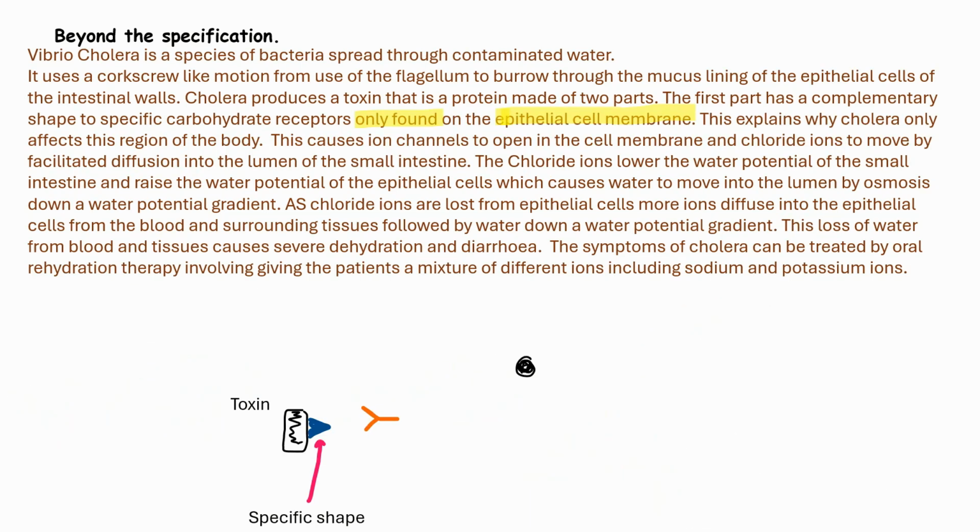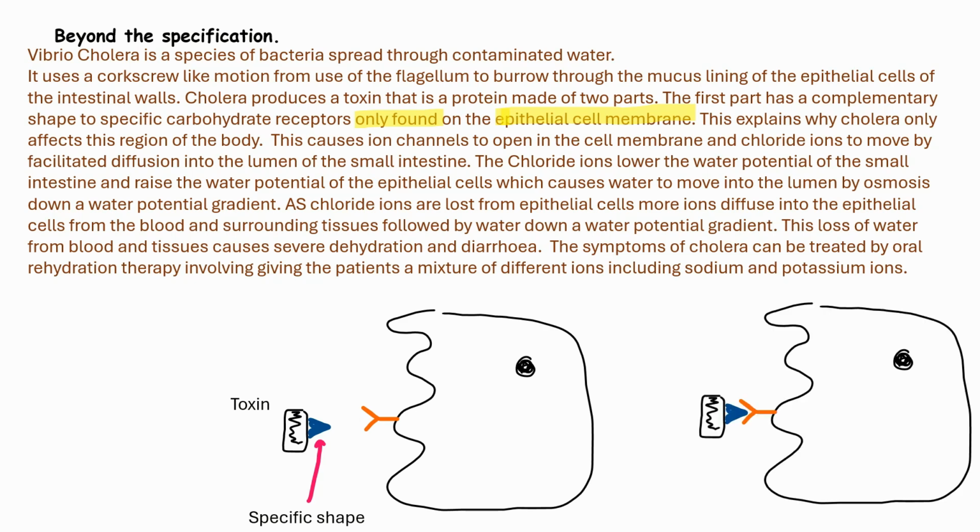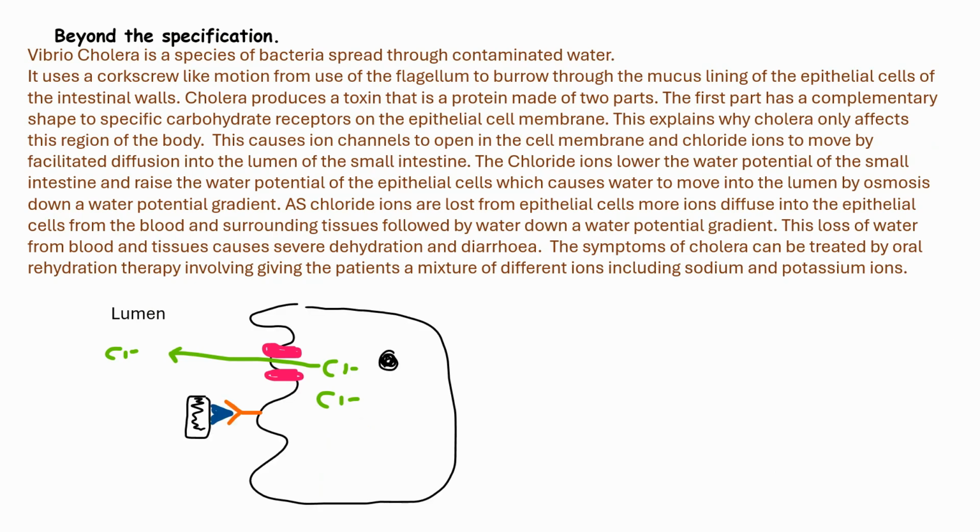It produces a toxin that's made of two parts. The first part has a complementary shape specific to carbohydrate receptors that are only found on the small intestine epithelial cell membrane, hence why it only affects the epithelial cells in the small intestine and it doesn't attack the lungs or something like that. So, one of its proteins, with its 3D structure, binds to that membrane